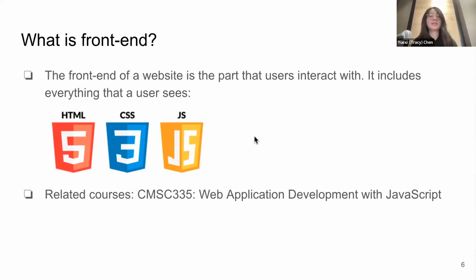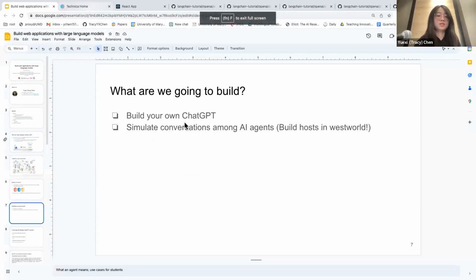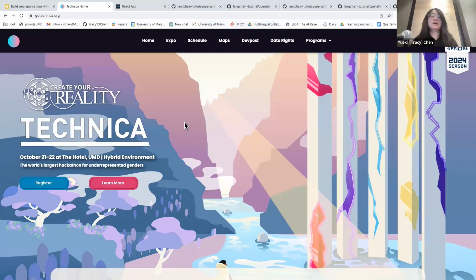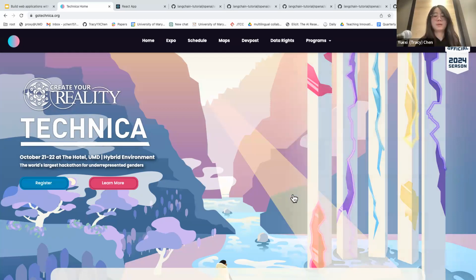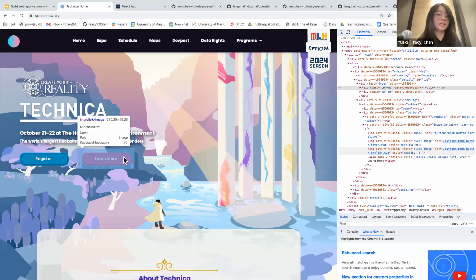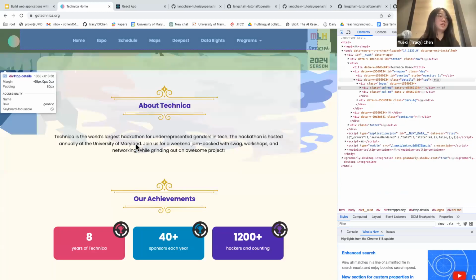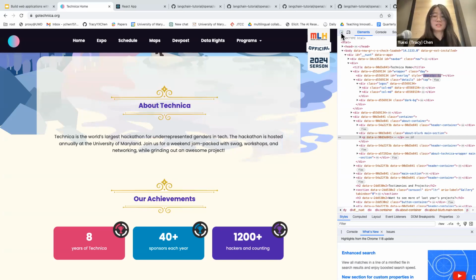Since most of you have not taken front-end classes, here I want to show you an example. This is a technical website, and everything I see belongs to the front end. And here I can do something pretty cool. If I right-click, click Inspect, and hover on that, I can see the size of the image. I can see the font size. I can even change the text on my side. I mean, it's not on the server. So if I select the text